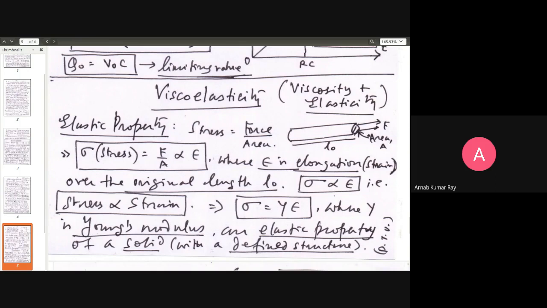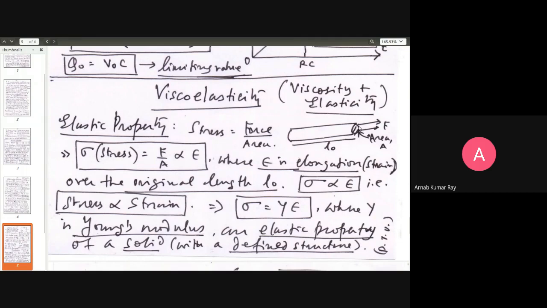For instance, if you bend wood and then release it, it's usually not likely to return, although you can do such things with cane. But in metal, the property is better displayed. Okay, so let us now look at this elastic property with an example. Here is a thin copper wire, and this copper wire has got an area of cross section A, copper, steel, whatever, but a metallic wire, with area of cross section A and a length L naught.